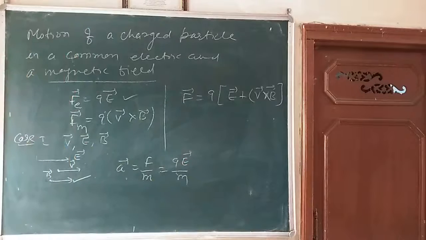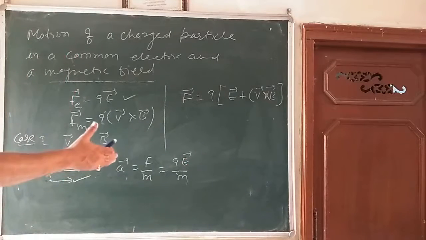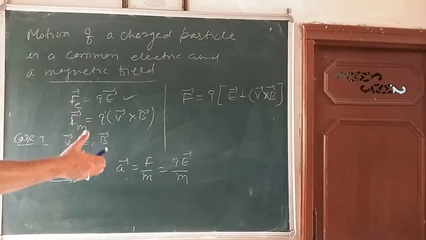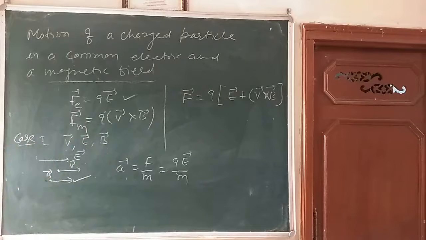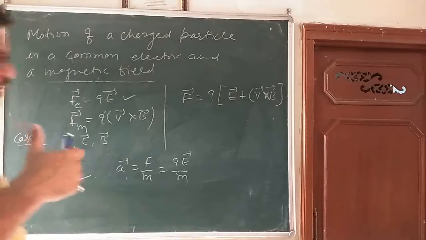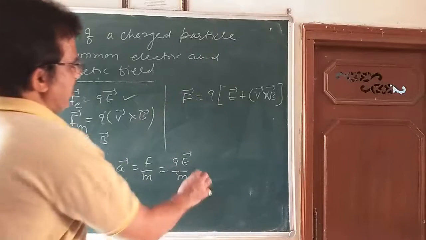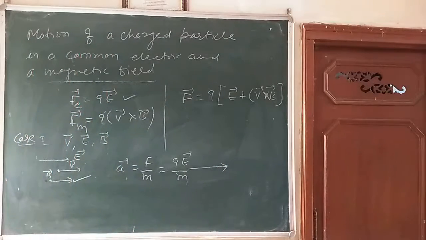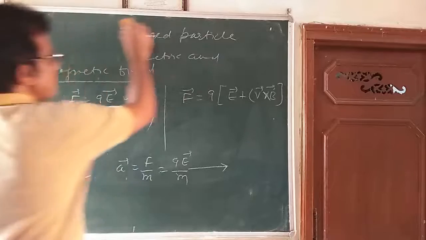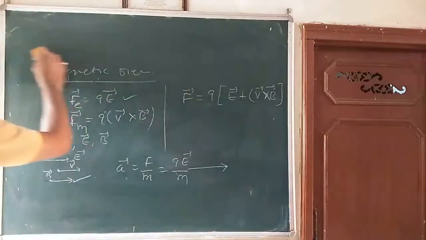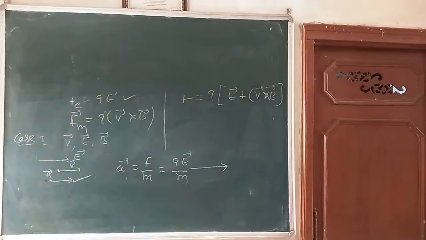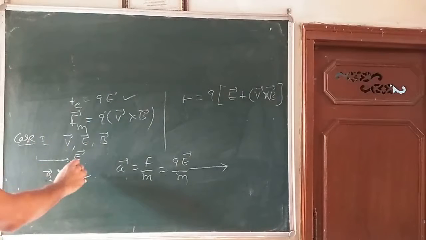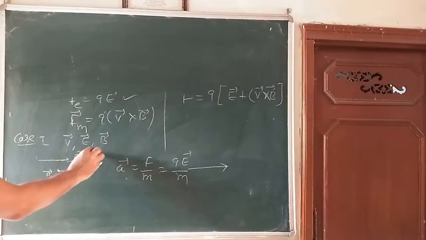This is the acceleration. When they all are collinear, only electric force will act. So the particle will pass through the field following a straight line path with change in its speed. It will move in a straight line when only electric force is acting. But now, all three were in the same line, so the magnetic force was not acting. Force is acting only due to the electric field.